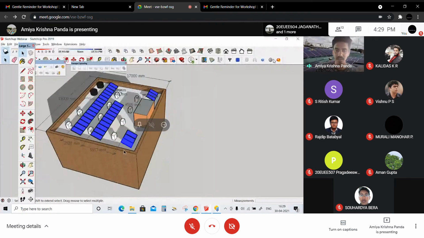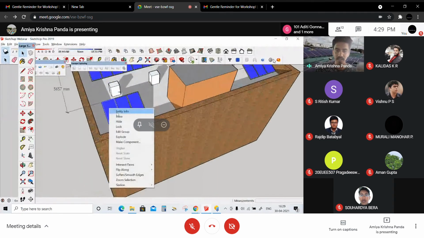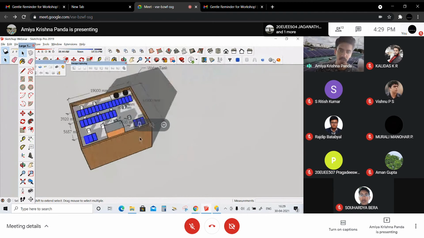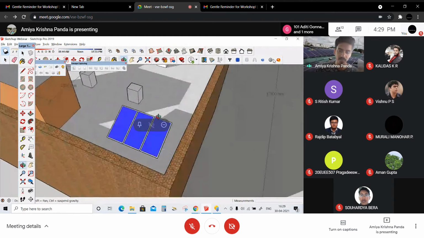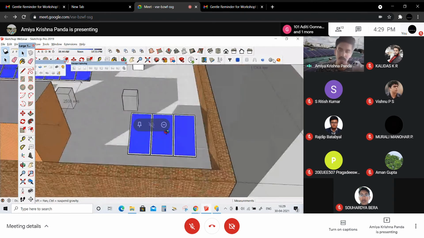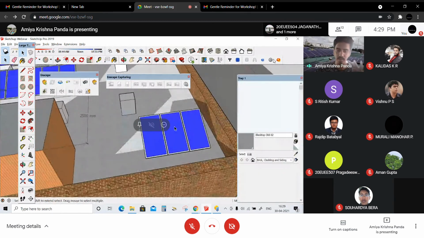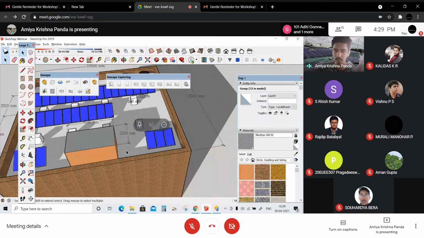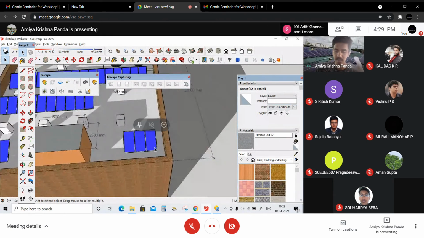Now right click on it, entity info. To understand how many modules there are, since there are lots of modules, one thing to remember is that all these modules are almost the same, so there is no such collision like the normal module.